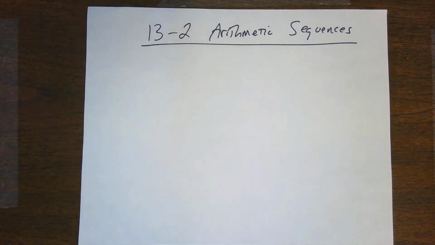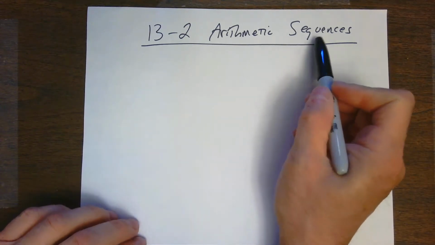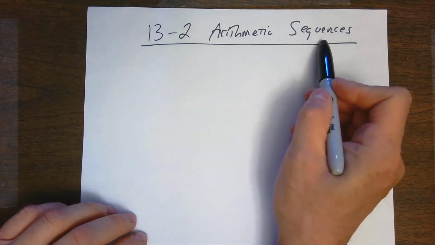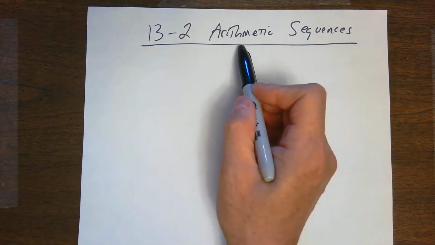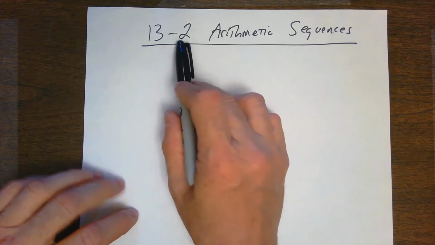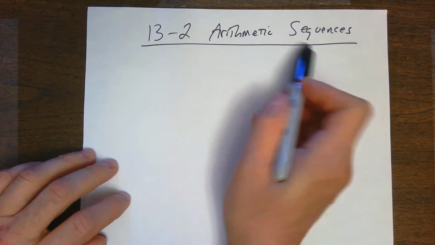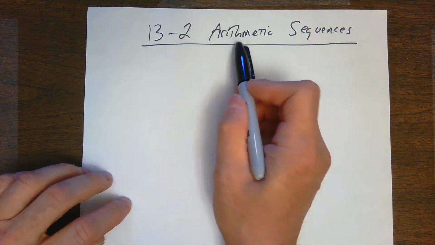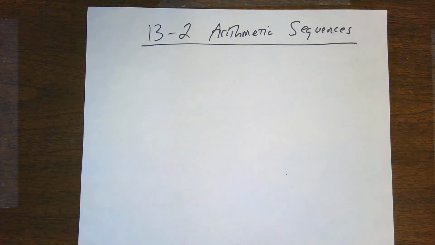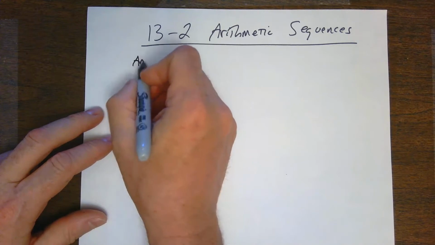All right. So arithmetic sequences. Now remember, a sequence is a function that gives me an ordered list of numbers. So an arithmetic sequence is a special type. In fact, in 13.2, we're going to talk about something called an arithmetic sequence. And then 13.3, we're going to talk about another special type called the geometric sequence. So an arithmetic sequence is going to be defined as an ordered list of numbers